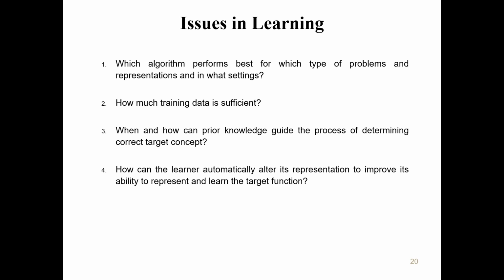Okay. In spatial data science, often people talk about space, right? So sometimes collecting training data from a remote location is not easy. Maybe think about a mountainous area, or an area which is not easily accessible. So in that case, how much training data is sufficient? Okay. Then if you have some prior knowledge about a space, about a particular place, can we use that knowledge to improve the process of learning the target concept?